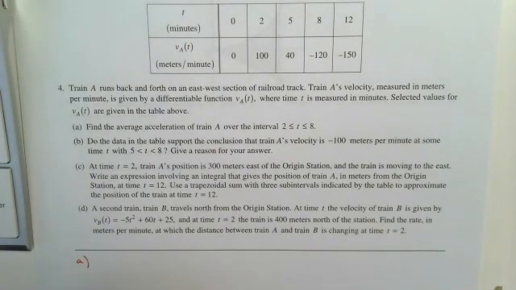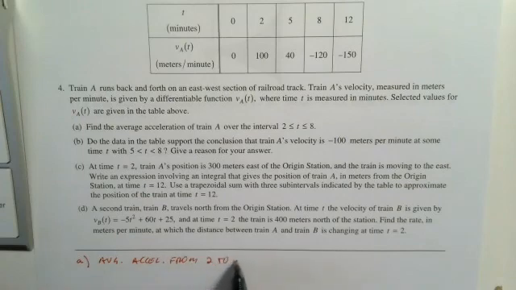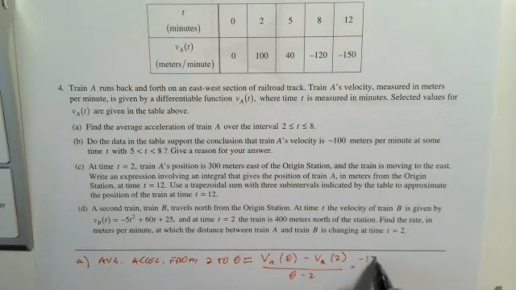So, average acceleration, VA of 8 minus VA of 2 over 8 minus 2 equals negative 120 minus 100 over 6, which is negative 220 over 6, which you could leave like that, although you would have to